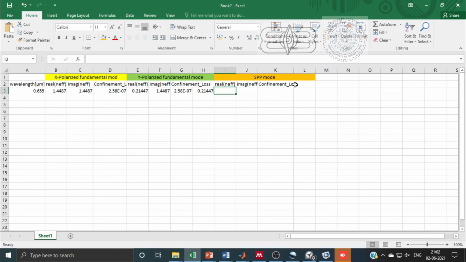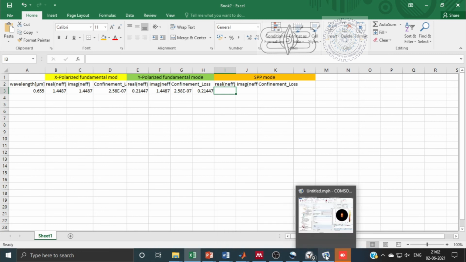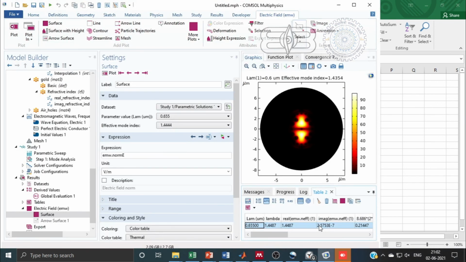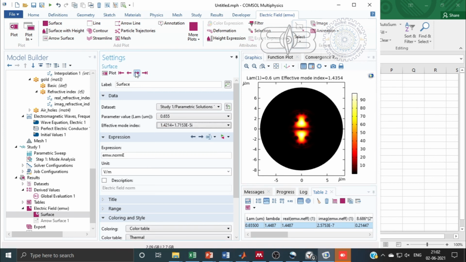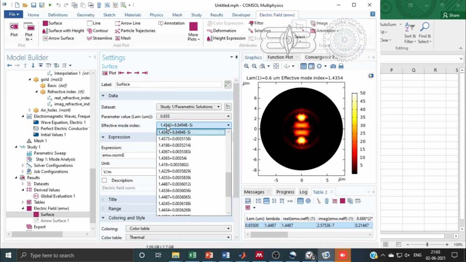Similar steps will be repeated for SPP also. We will find the SPP mode. There are many first order, second order, third order and higher order SPP modes, which we will see in a while.